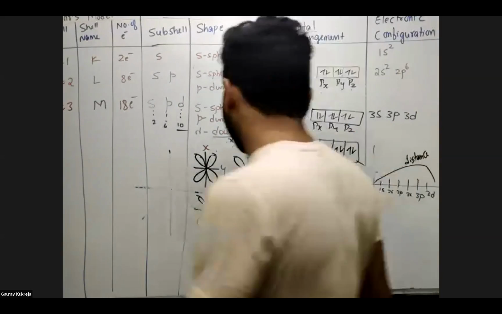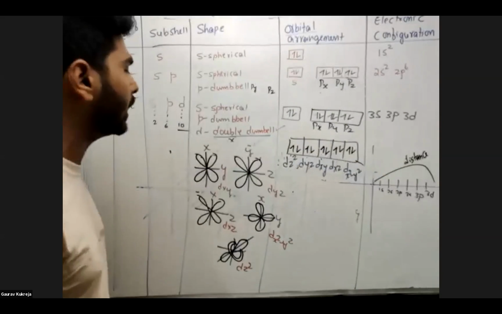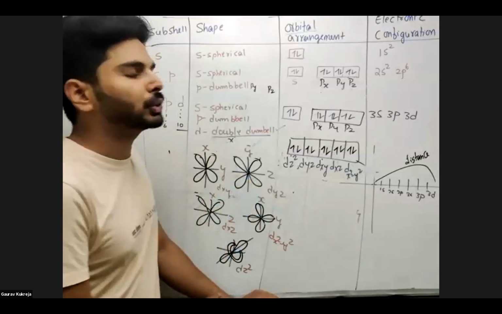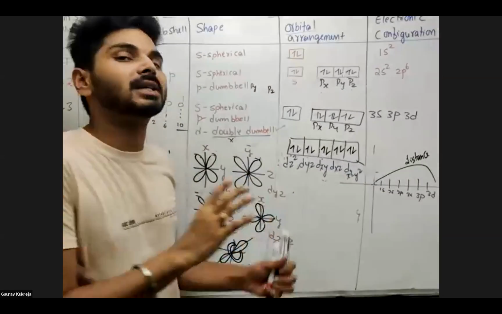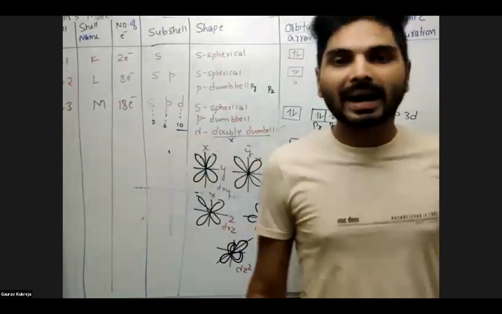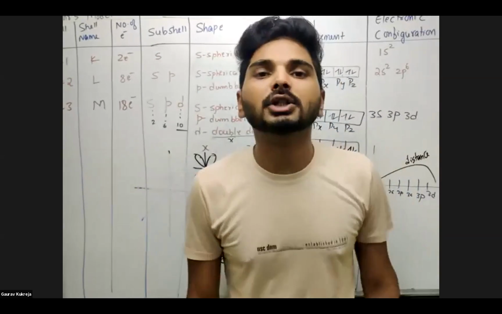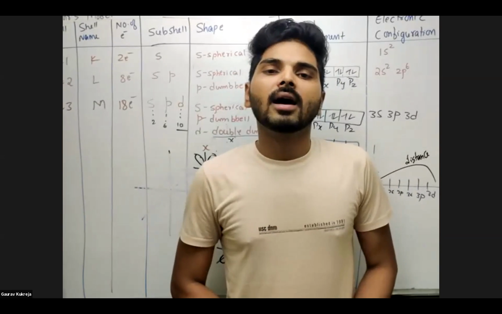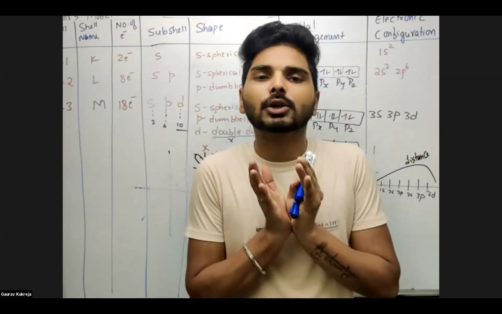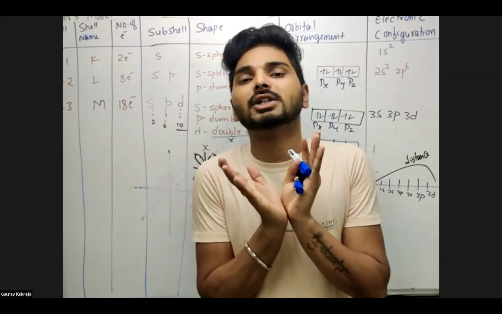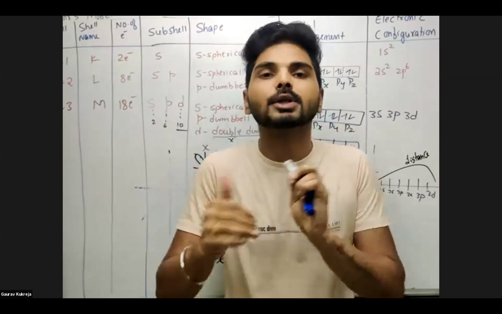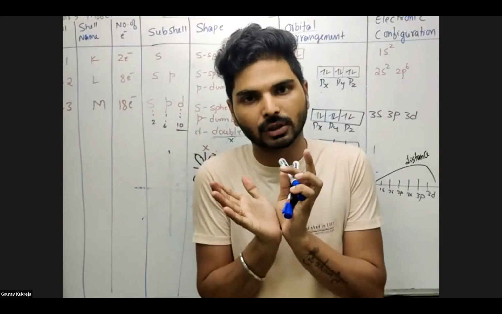Now, some students might think, as I am seeing the doubts there, that isn't there an issue of repulsion? Look, in this diagram it seems very crowded. But soon after this, I'm going to show you one animation. There's a 3D animation where you can understand this. There is no such repulsion you can expect, because they are far away from each other in terms of angle. In terms of angle, they are far away from each other.